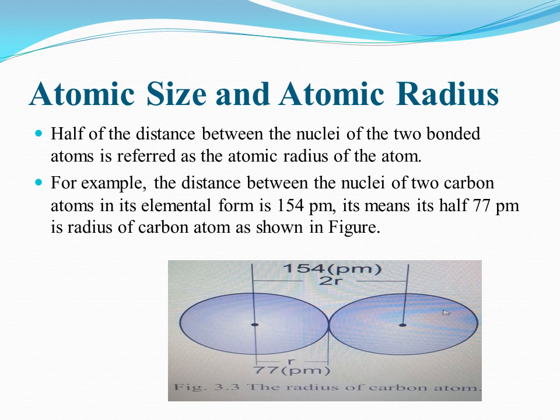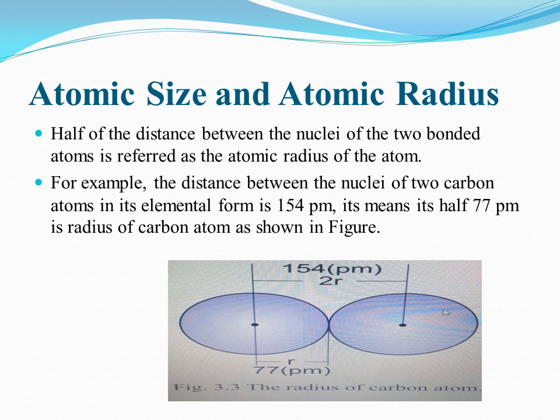As we know, the atoms are very small and don't have defined boundaries that fix their size, so it is difficult to measure the size of an atom. Therefore, the common method to determine the size of an atom is to assume that atoms are spheres. When they lie close to each other, they touch each other.